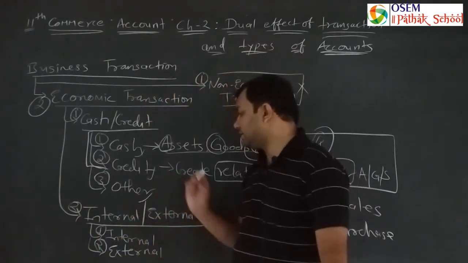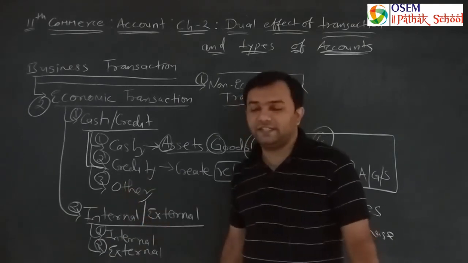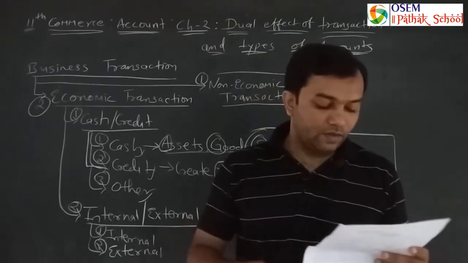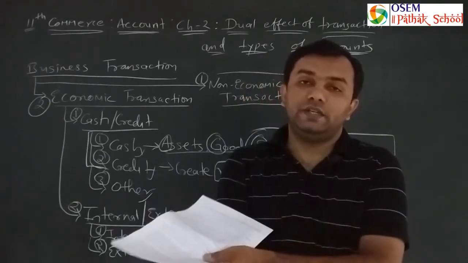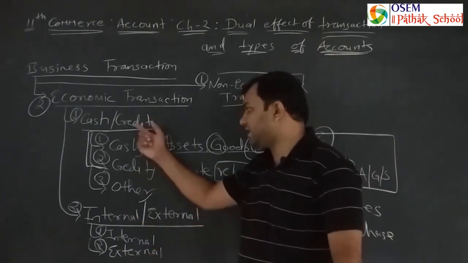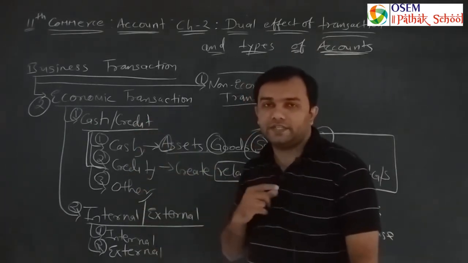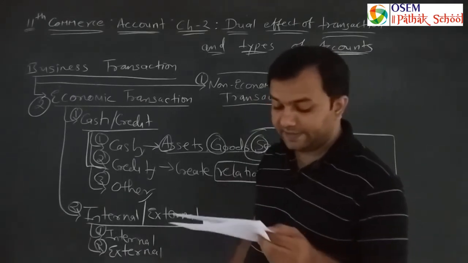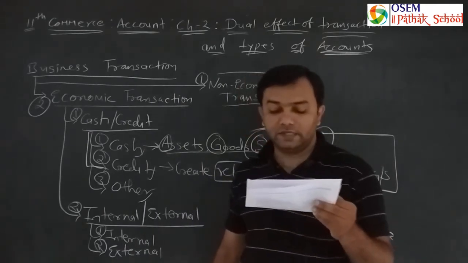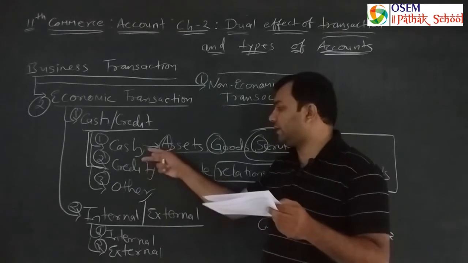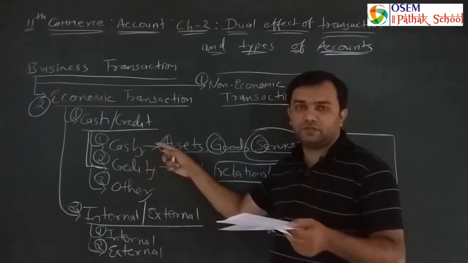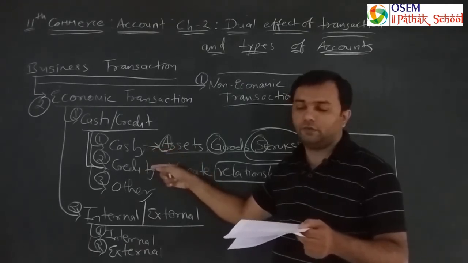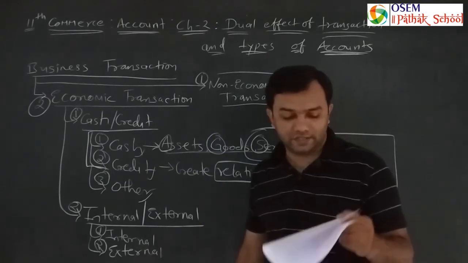And the last topic of today's lecture is other transactions. We are discussing the illustrations in the next lecture. In the next lecture we are solving the illustrations of cash, credit or whatever transaction categories are given in our textbook. So right now we are discussing other transactions. The transactions that do not fall in the above mentioned two types, type 1 or type 2. If the transaction is not of type 1, then check whether it is type 2. If it is not type 1 and type 2 at all, then it is a type 3 transaction, other transaction.